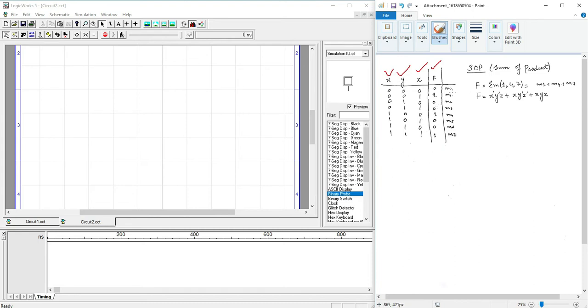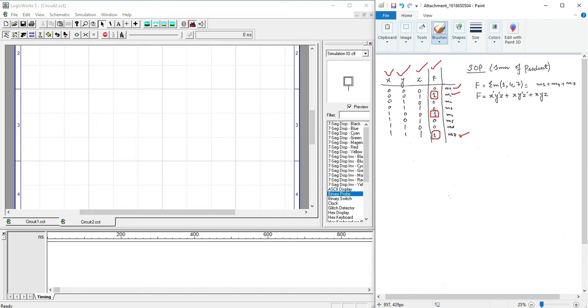So we are going to make the sum of products form by using the truth table. We write m0 on the first location, m1 on the second, and so on, m7 on the last location. We know that in the sum of products we will consider only the ones, or when the output is high. So the output is high in three cases: 1, 2, and 3, which I have highlighted.